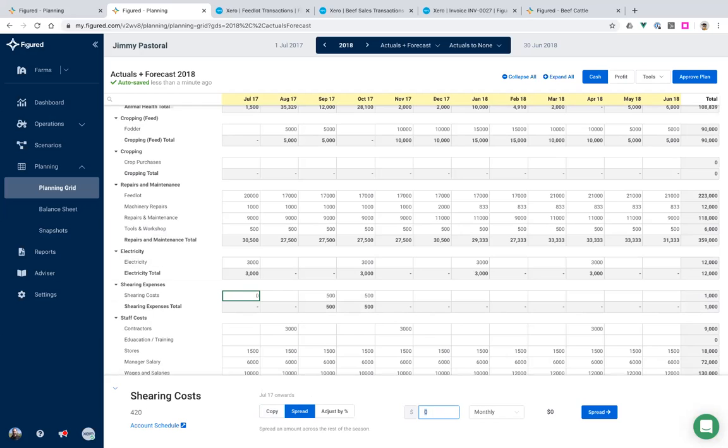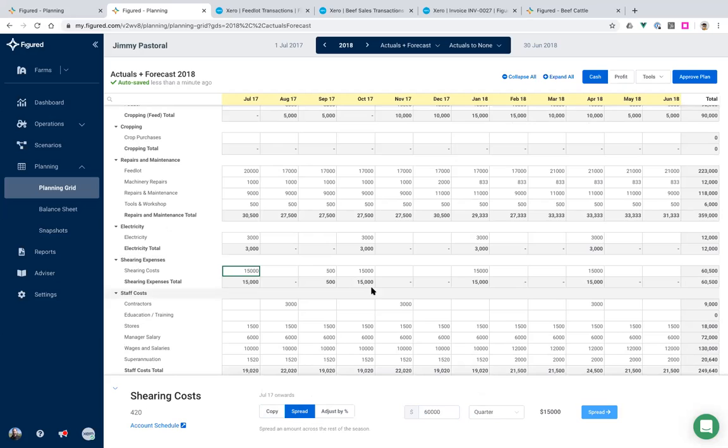If my annual cost was, say, $60,000 and I want to spread that out quarterly, I can, and just click that and it will apply it out. We can also increase accounts. We've created some structure to these reports. So we've basically done a little bit of